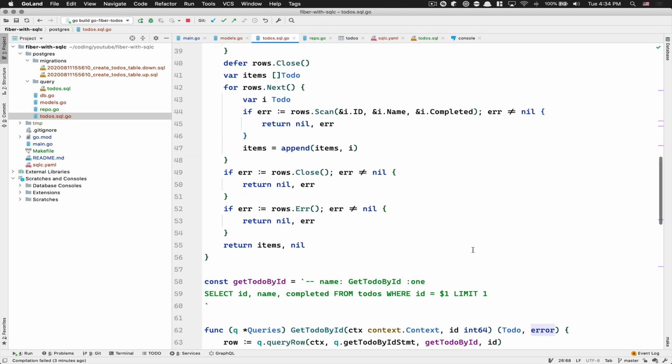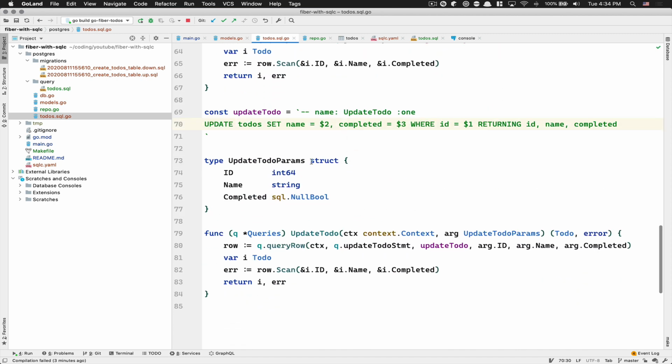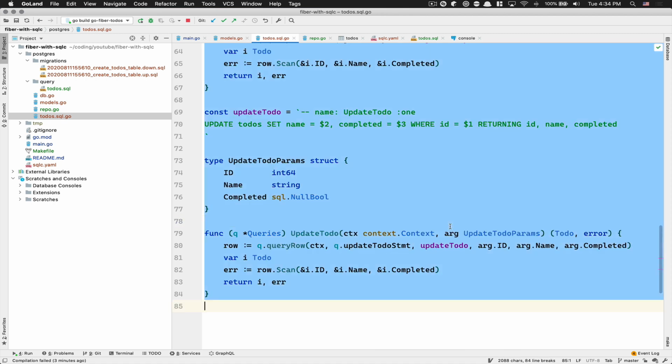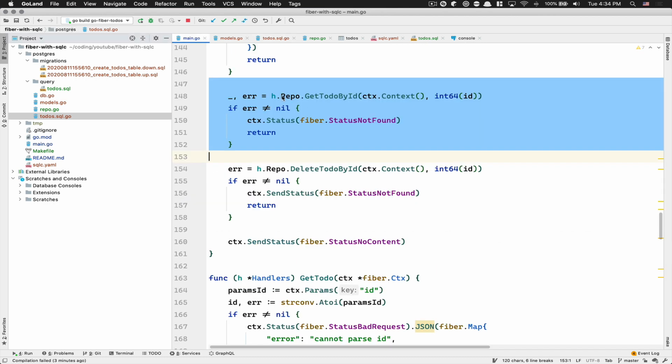Now we should have an update. Update todo. So they create this UpdateTodoParams. As you can see, it takes an ID, a name, and a complete. So you see, now we have 3 arguments. It's become bigger, so why not create a struct? It's easier to work with. So now go back to your main,